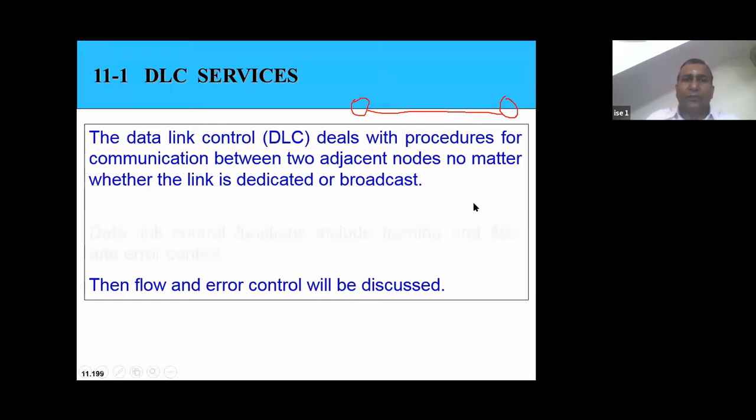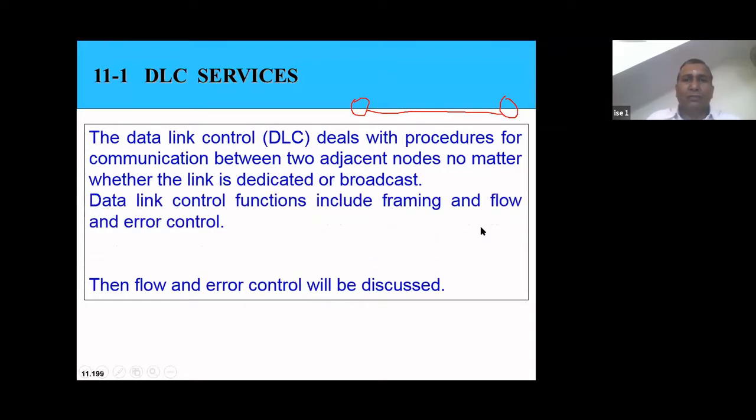receiving source. So basically this DLC service involves formation of a frame and enforce something called flow control and error control. So three responsibilities are always there with any data link control protocol. So in this, the datagram which is coming from network layer to the data link layer will be converted into a frame.